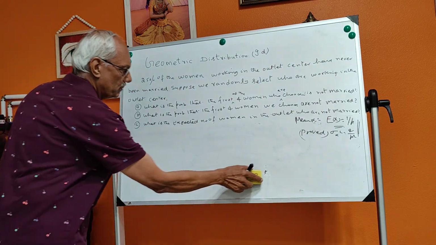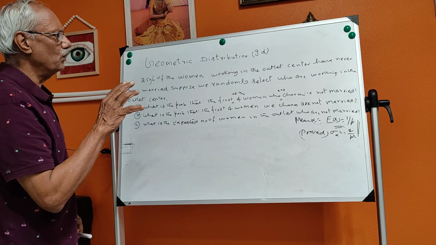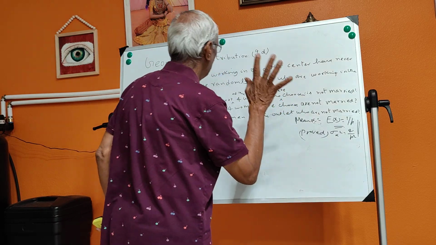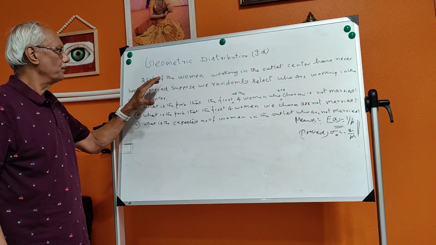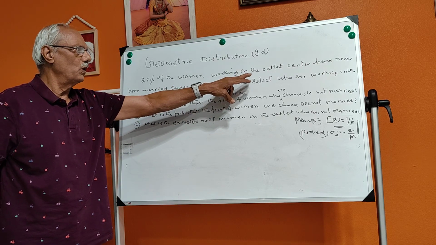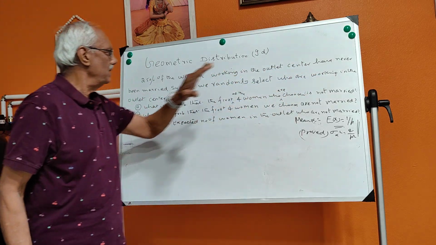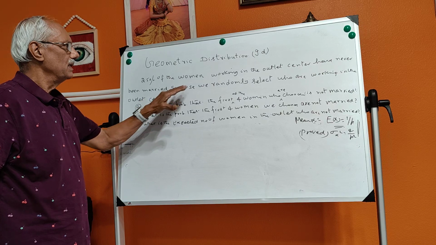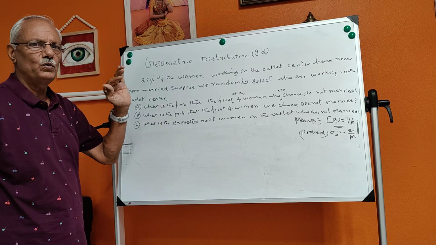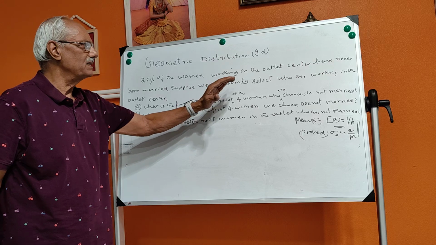What is the first problem? You are asked: 25% of the women working in the outlet center have never been married. That is, there is an outlet center where 25% of the women are found not to have married. Suppose we randomly select